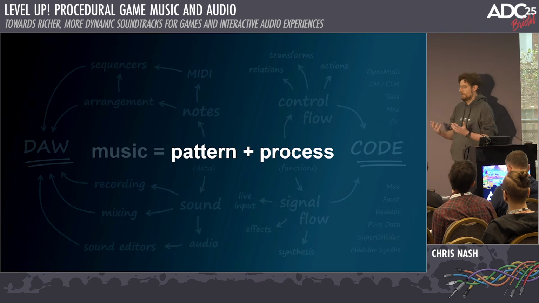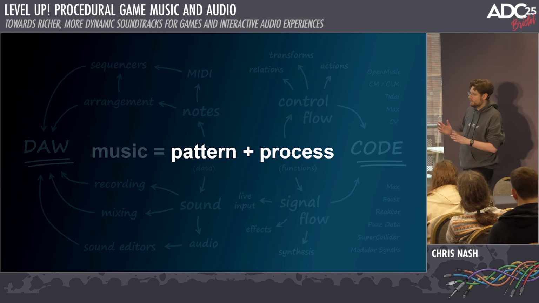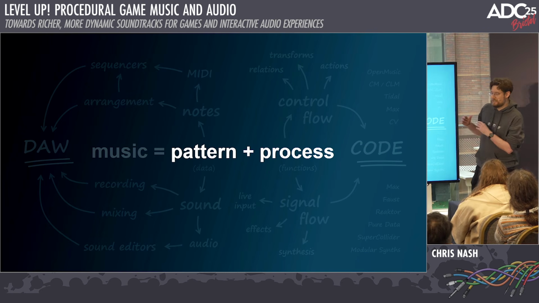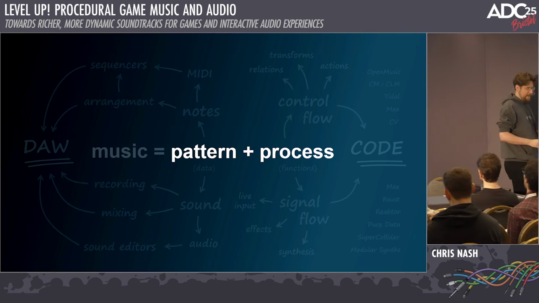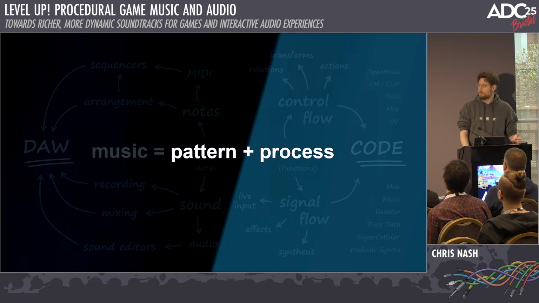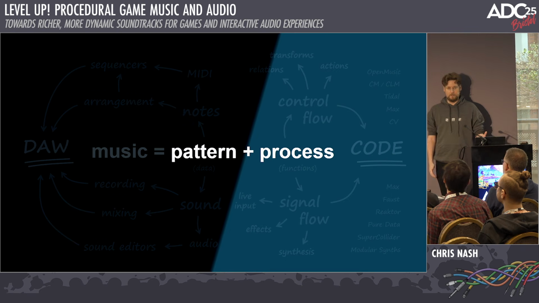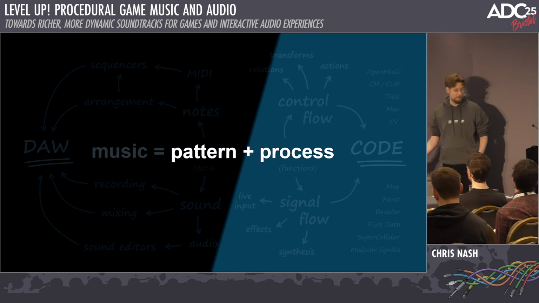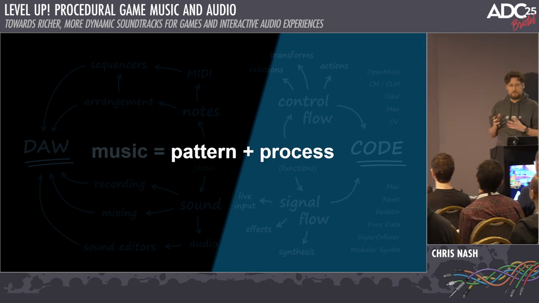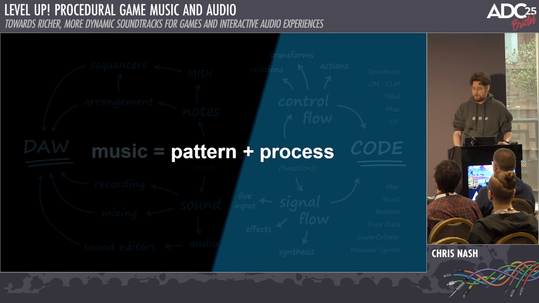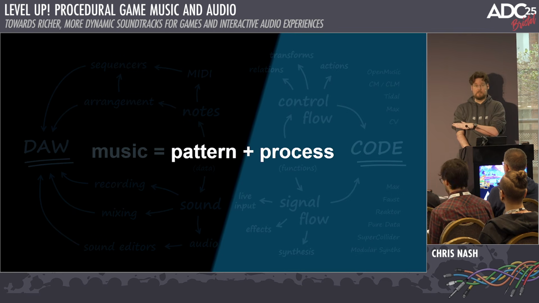So, these are all very pretty graphics, aren't they? I love gradients. But it's lying to you, because this is a gradient, and it's suggesting that there's a continuum between the two of them. And the reality is, not really. You have software that's really good at patterns, and you have software that's really good at processes. You've got your end user software, and you've got your programming language software. And that Goldilocks zone in the middle is occupied by very few options, and they tend to be informed by one side of these disciplines.